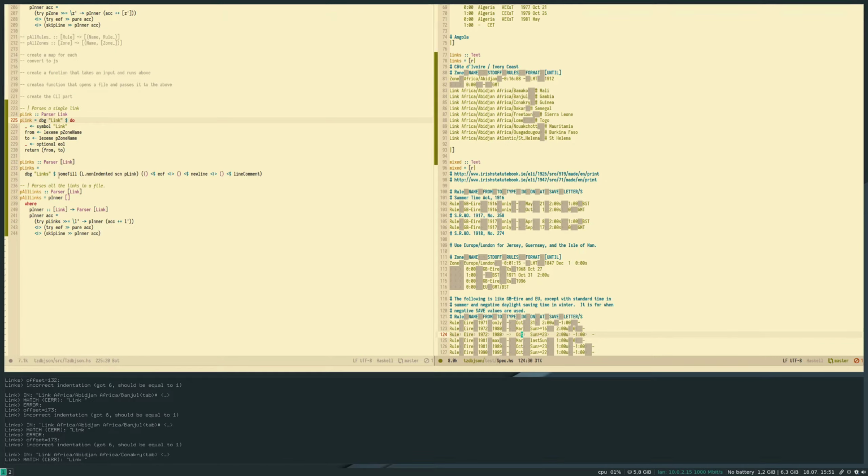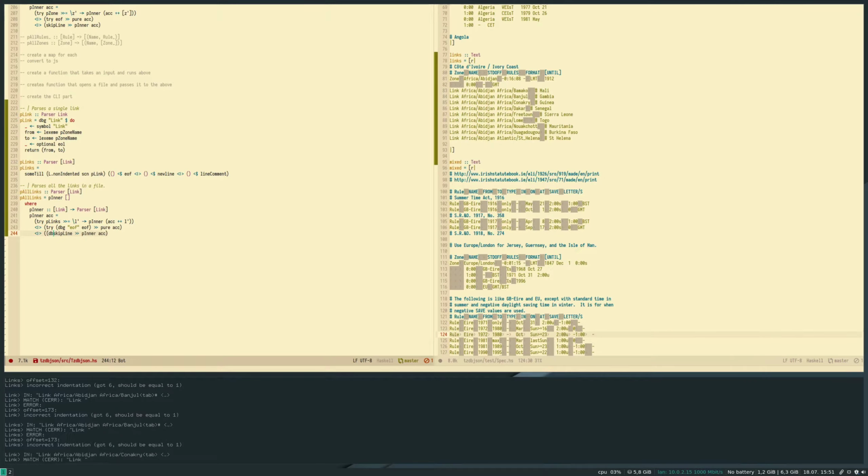So links is obviously never matching, and we don't really care about this because once links match, we know that we're already where we want to be. So we can leave this one here since it's a little easier. And then we can maybe try doing this, to see what's the bug at the end of file.